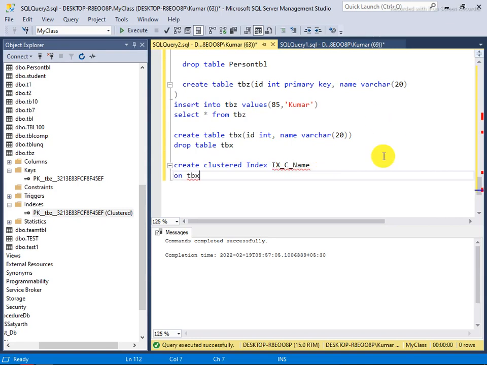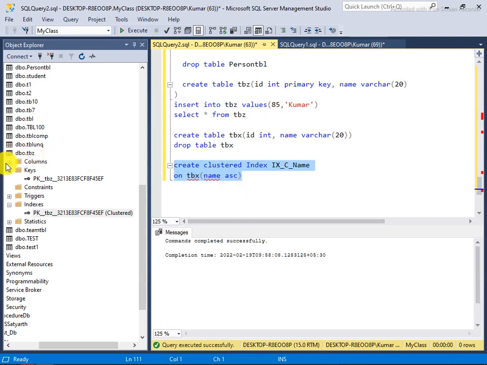Now I am talking about another table, not tbj, so keep that in mind. So I say name. It means that the clustered index is being applied over the name column. And ascending, I say here ascending, you can ignore it, no issue. The index has been created.